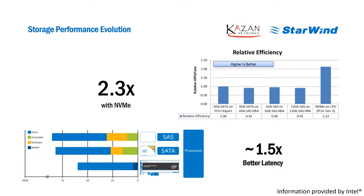And with 3D XPoint, that number will go significantly lower. As Brian mentioned on the previous slide, it's going to be in the teens or even single digits. And these are the numbers available for people today. So it's not something that future NVMe drives will do. It's the NVMe drives you can get on the market right now. And